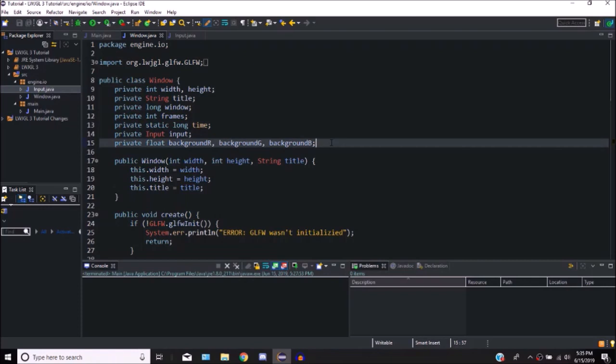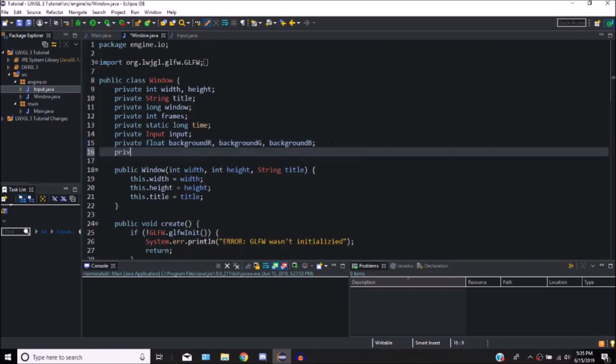Now we can create another one. Because this is only for the window, we need to say private GLFW window size callback, and I'll just call it size callback. What this can do is we want it to set the width and height to whatever the new width and height of the window is. So import that,